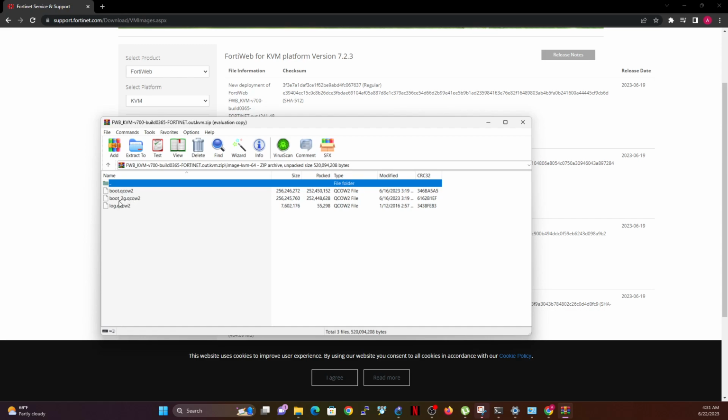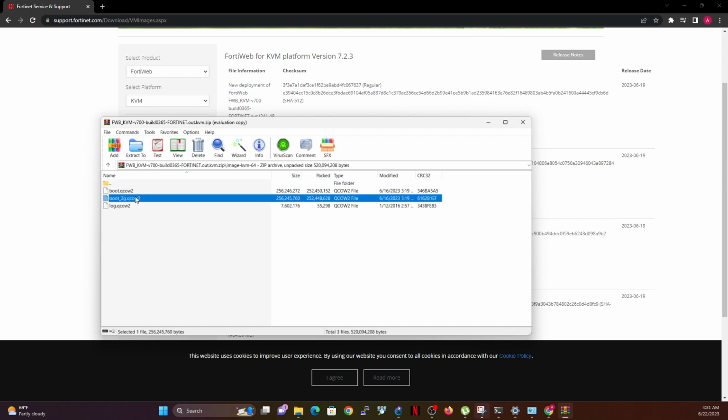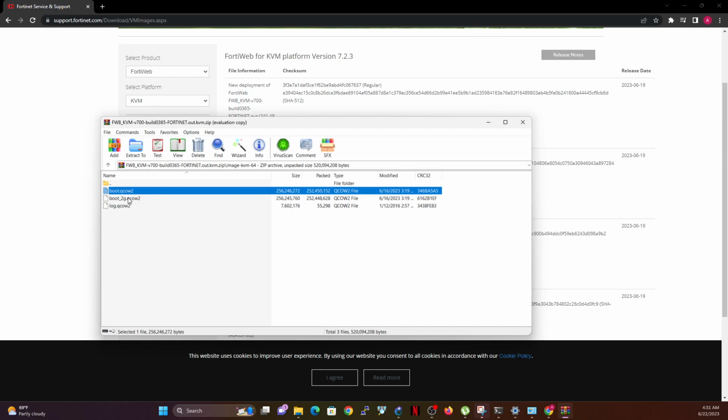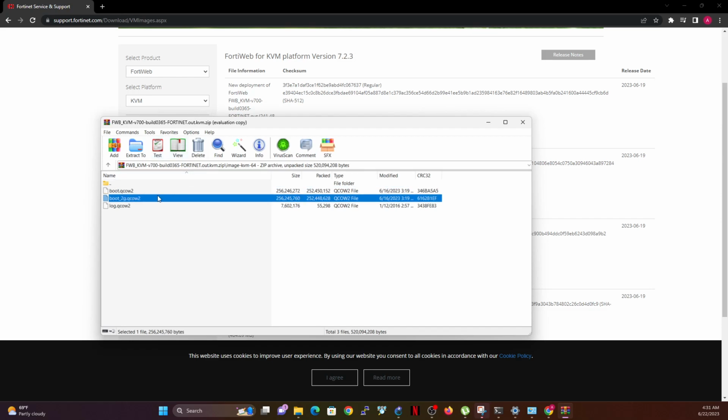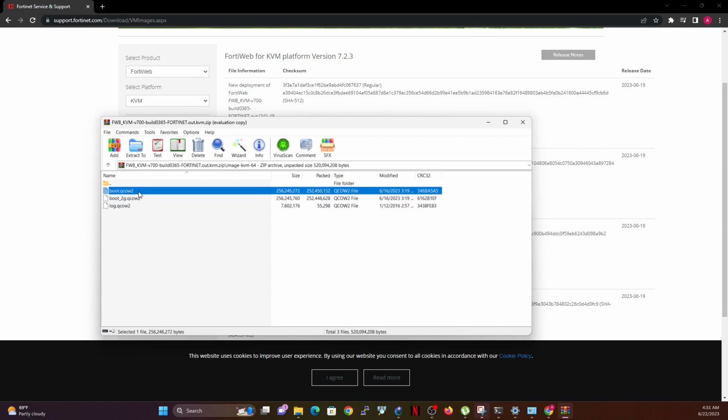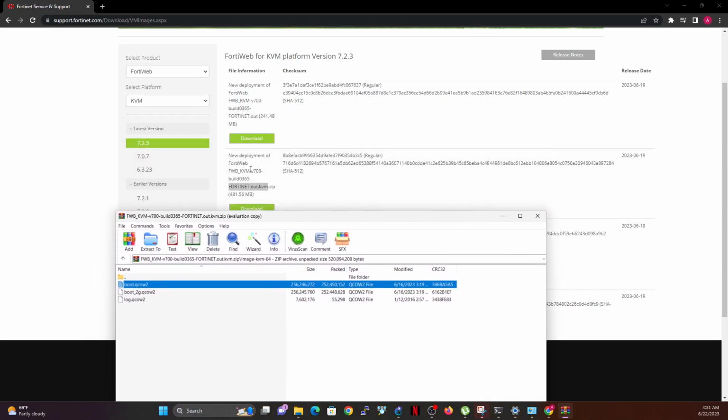As you can see, I do have two different qcow2 files here. Normally I've never seen one with two different qcow2 files, but I'm going to use this particular one here. I'm going to extract this. The build number that I was talking about earlier is this one here. This is the build number.